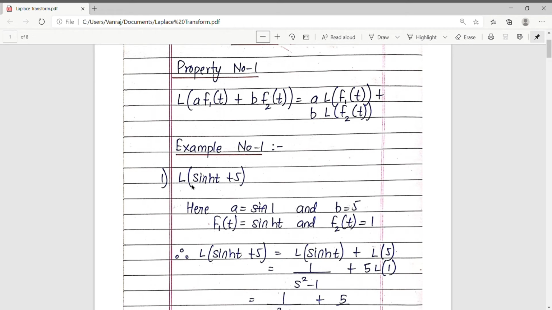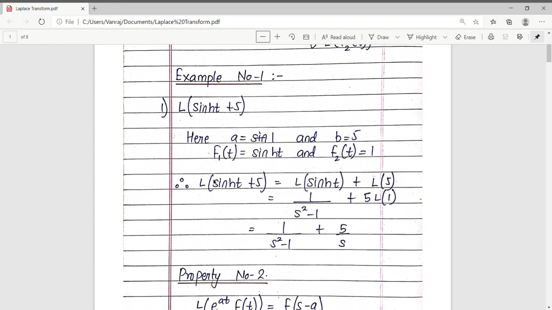So here we have to find the Laplace transform of sine hyperbolic t plus 5. So here a is 1 and b is 5, and f1 of t is sine hyperbolic t and f2 of t is equal to 1. Okay, so by using the property number 1, we can write this as Laplace transform of sine hyperbolic t plus Laplace